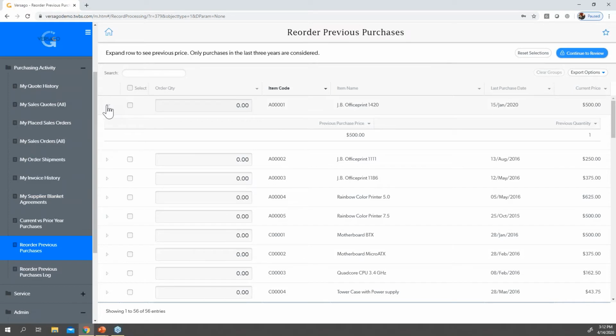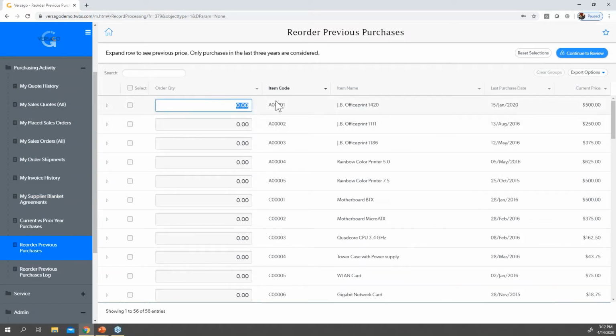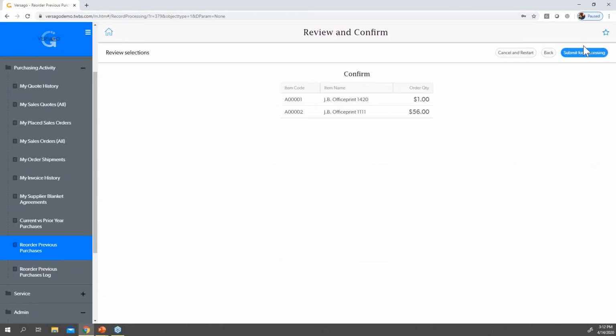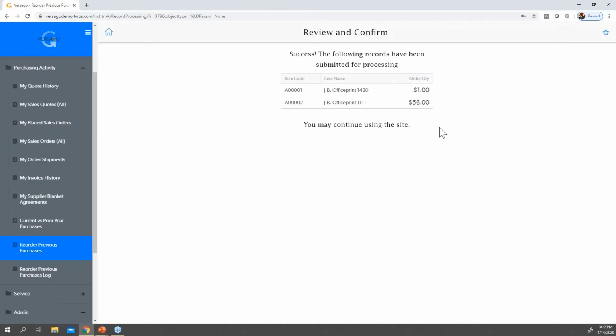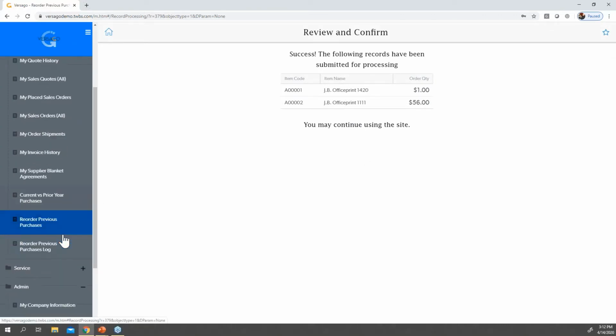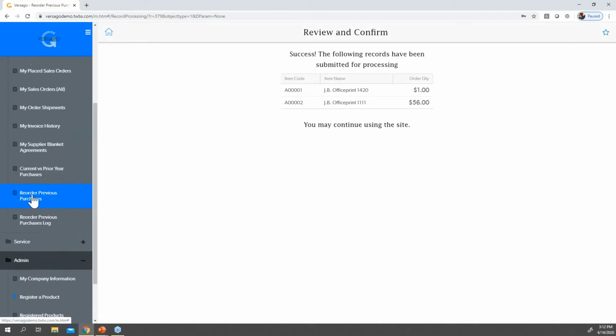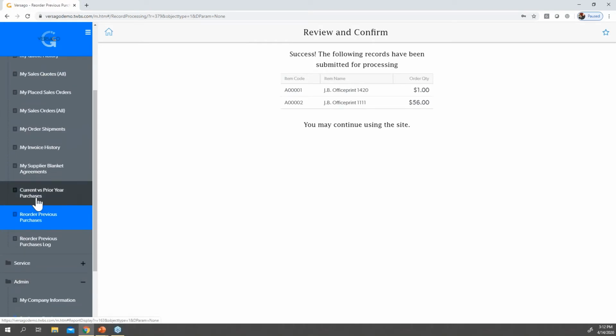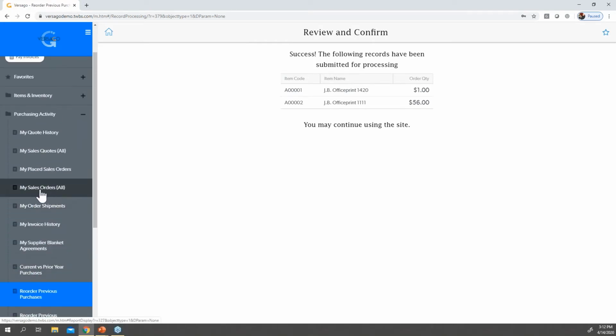So this allows your customer to just quickly go in and say, I need 2 of these, I need 5 of these, or 56 of these, and when they're done, say continue to the review, submit that for processing, and then that creates an order in SAP Business One, very quickly and easily for the customer. So regardless of how you want that interaction to work, we can facilitate that.